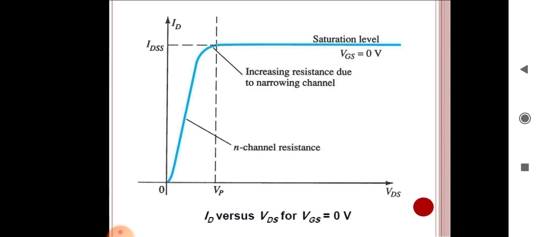Then you can see the characteristics of this. When we increase the drain to source voltage, the drain current starts increasing initially, and after some point it stabilizes at a value, which is called VP, the pinch-off voltage, where the ID current increases and stabilizes at some level. So that's why it is called the saturation level. When the current reaches its maximum or peak value and settles there, then it is called the saturation level. That's why the current is called the saturation current, IDSS.